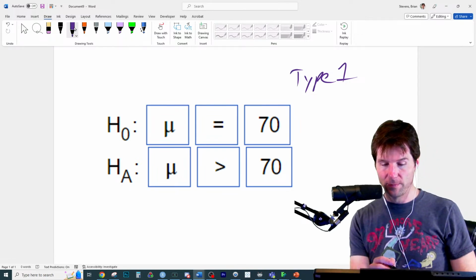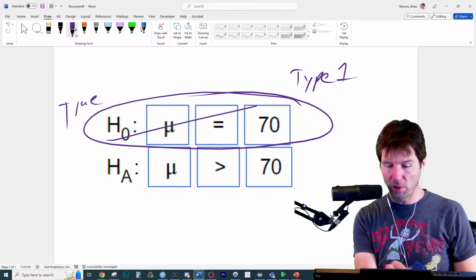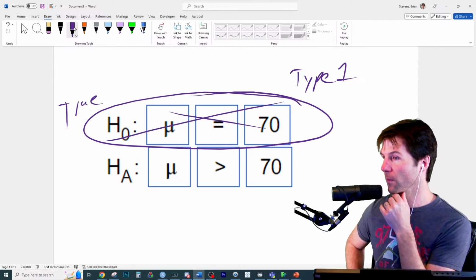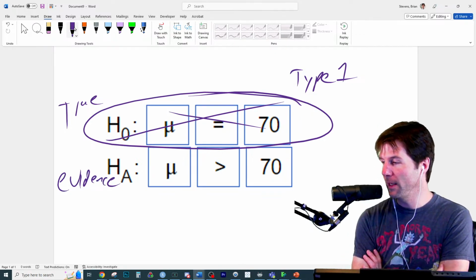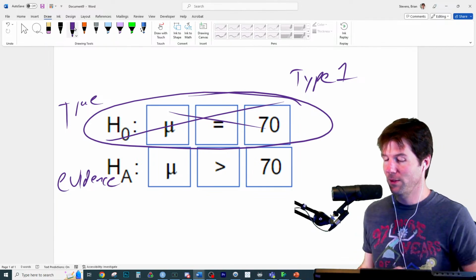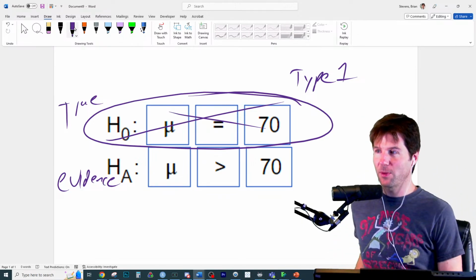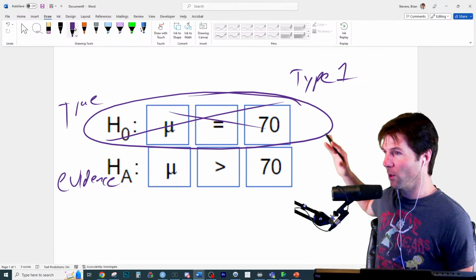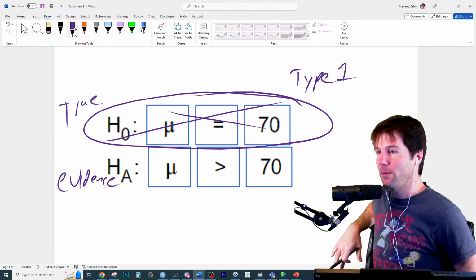So what does that mean, Jackson? This is true, but you're going to reject it. And you're going to say you have evidence of this. Because if you reject the null, you have evidence of the alternative. So what does that mean? The null is true. This is where people usually get stuck, because they'll memorize in a type 1 error the null is true and we reject it, but then you have to look at it and say, well, that means the null right here is true, but we're going to reject it and have evidence for the alternative. So what does that mean?